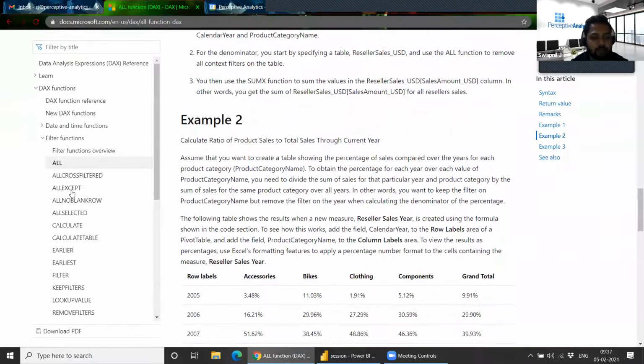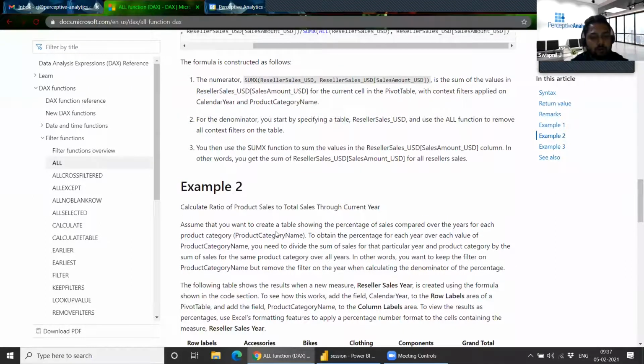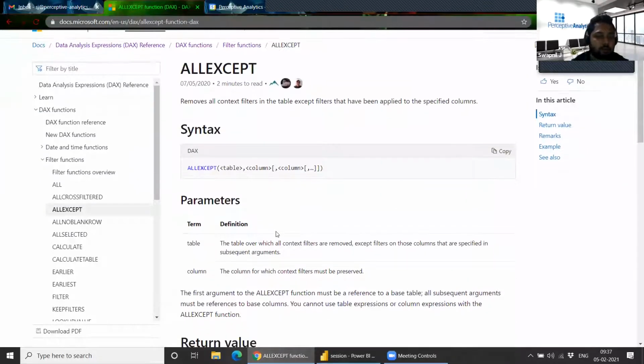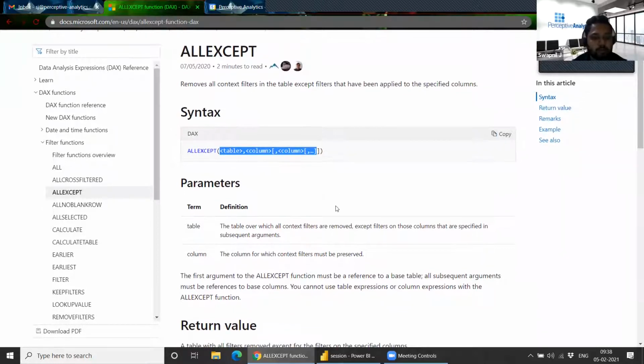Then we have the ALLEXCEPT filter. It is similar to ALL, so it also removes the filters on the context. But if you give it any column, it will keep that filter and remove all the other filters on that context.